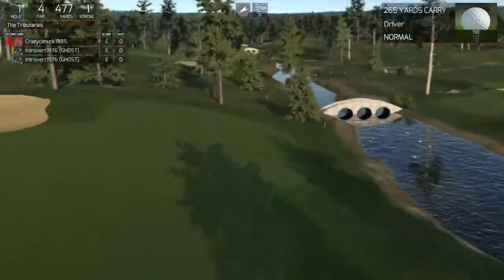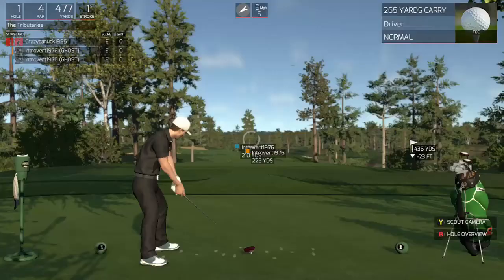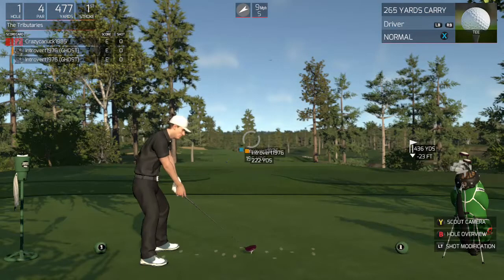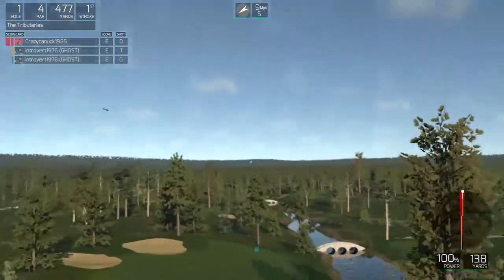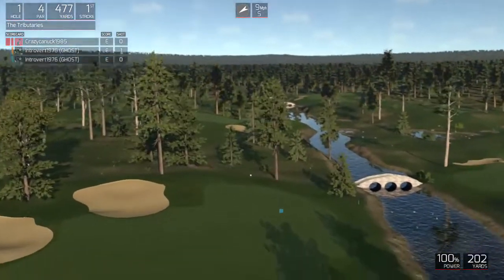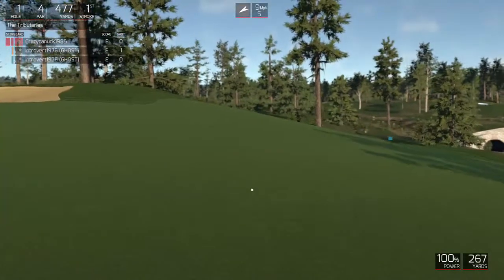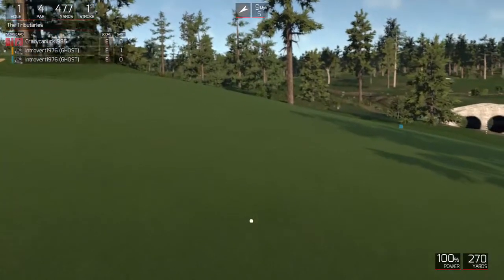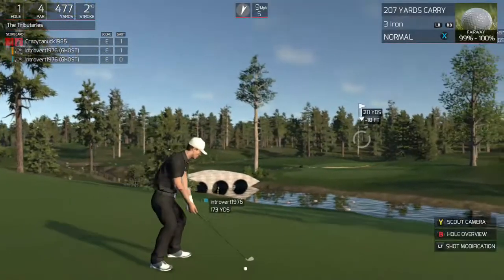First hole here, long par 4 to start. This fairway here on the first hole. It's looking good. It's a pretty severe slope towards the water. Actually, it's quite a severe slope towards the water. All right, I think if you have a good drive, you should not be penalized by...